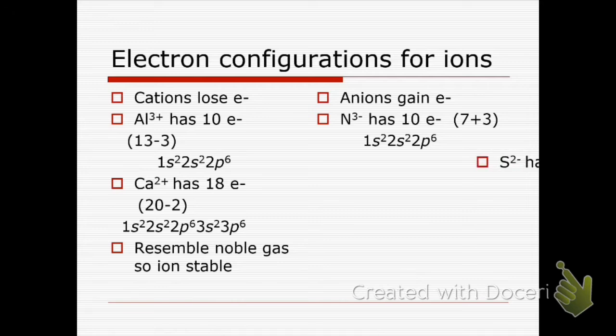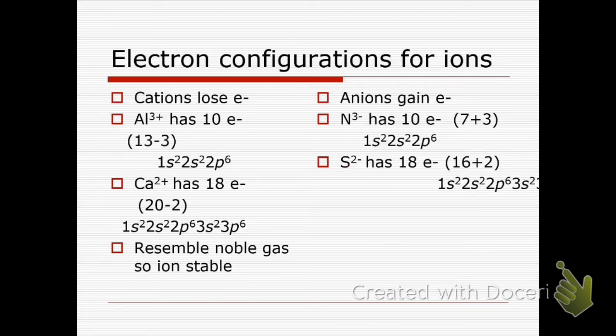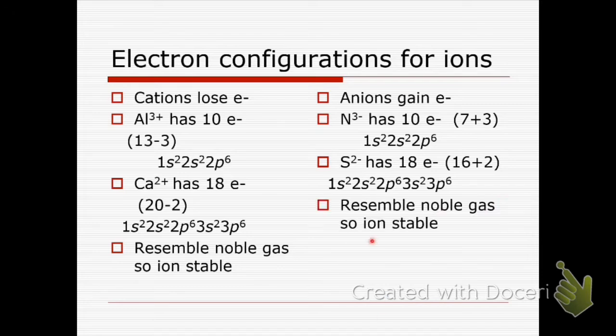Another example, sulfide has 18 electrons. Sulfur by itself is 16, 2-, I gain 2. I also have 18 electrons. My electron configuration looks exactly like argon and also exactly like the calcium ion. So our anions also end up resembling a noble gas when they are written as their ion, and that is why they like to gain the particular number of electrons they do, so that they are stable with a noble